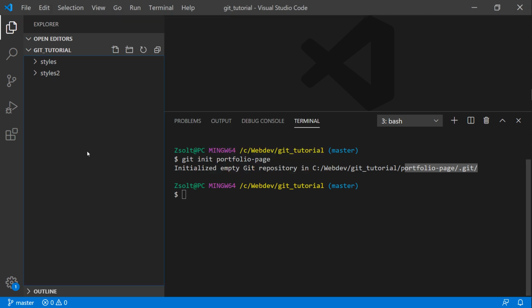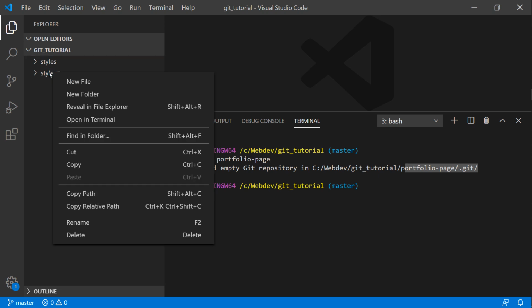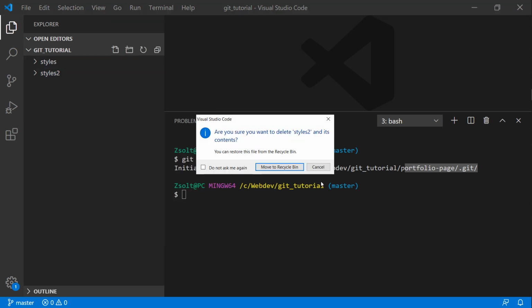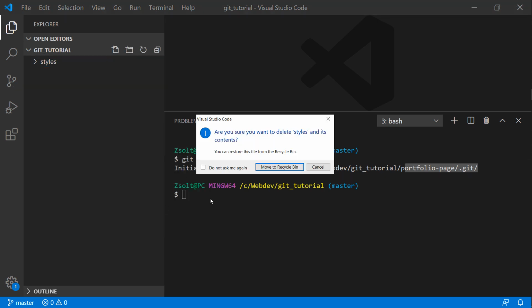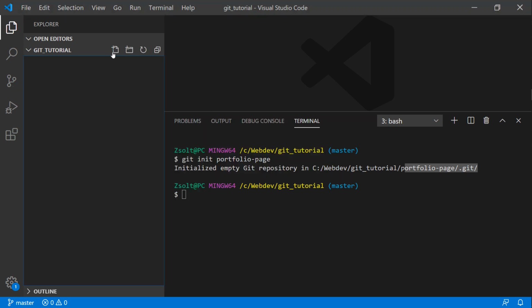We have our repository, and by the way, we can also clean things up because, for example, we don't really need these styles and styles2. For now, I'm just gonna delete them because we really don't need them. Let's get started by creating an